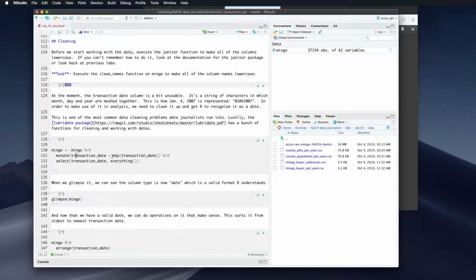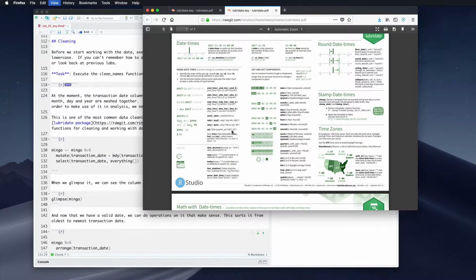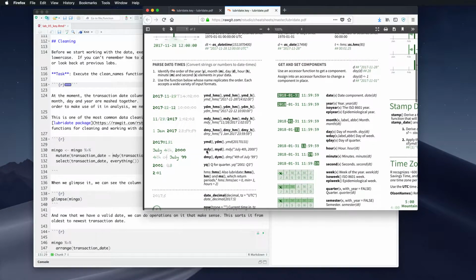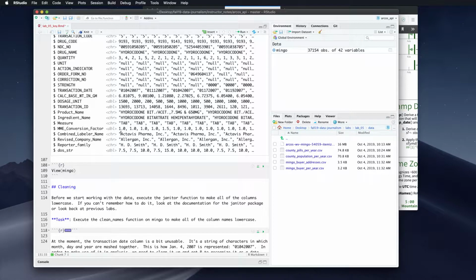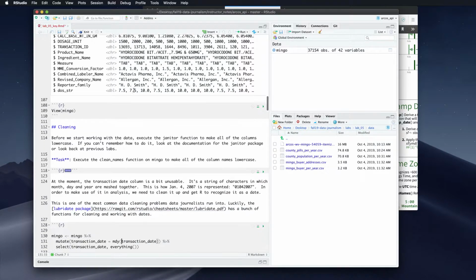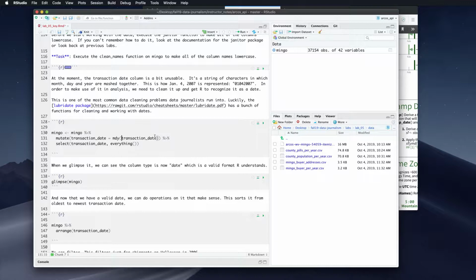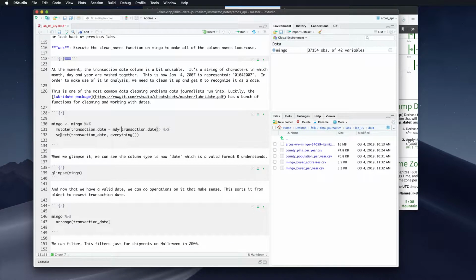There's a function here, part of the Lubridate package, called MDY, and you can see it here. This is a parsing a datetime function. What it's essentially saying is take something that is vaguely structured as month, day, and year. So in this case, we've got the month, then we've got the day. So month is 01, day is 04, year is 07. Take that and turn it into a valid date. And then I'm just reordering the column so we can put it up front so we can have a look at it. So I'm going to run that